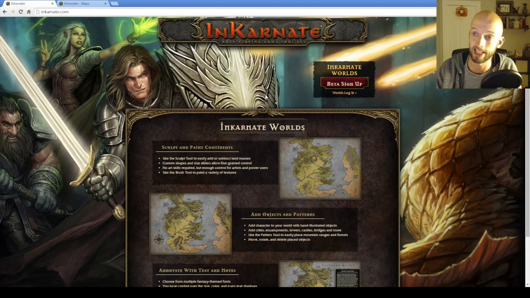My name is Nate, and today we are taking a look at this pretty cool role-playing game tool set called Inkarnate, and it is a map maker that you can use in your browser. It's in open beta right now, which means it's totally free, so you can try it out, and I would